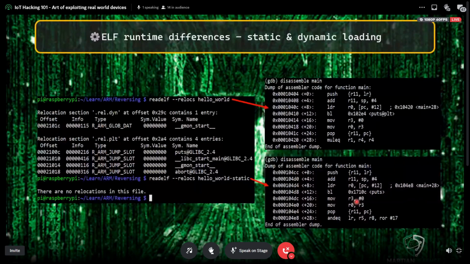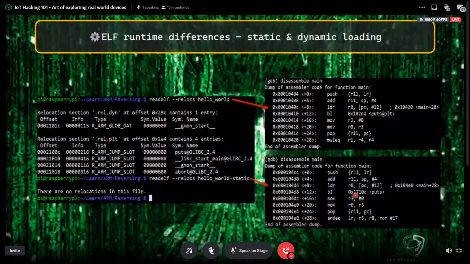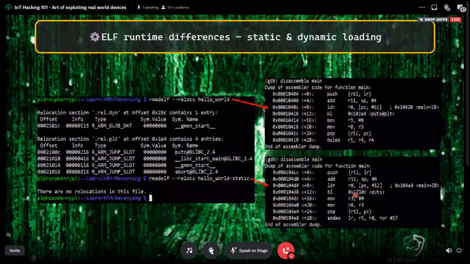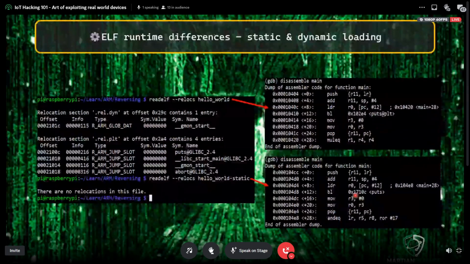But if it is statically compiled, it's just going to jump to an address that is already part of the binary. It's going to jump to an offset inside the binary itself because all the code is packed together inside the binary. That's why it's statically compiled. If you're coming from a Windows background, it's like a PE file that has a .dll and a PE file that doesn't have any DLL, where all the code is just inside your PE file. That will be the difference, in the simplest manner I can explain.